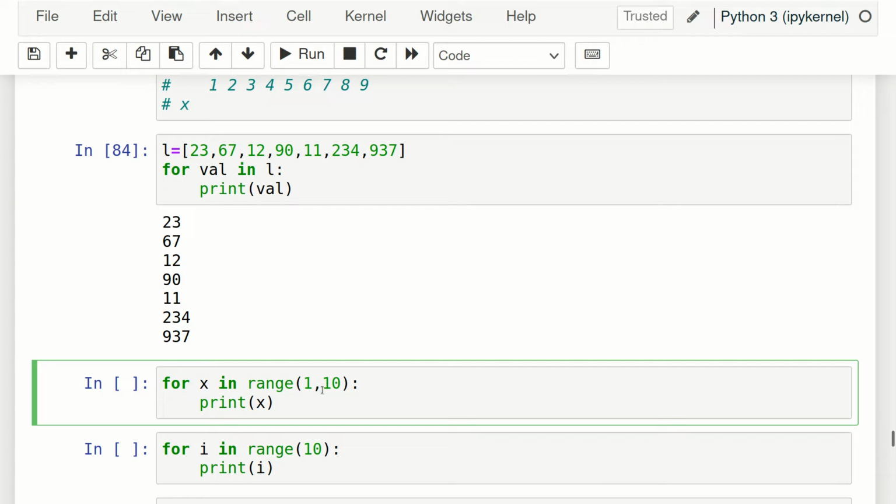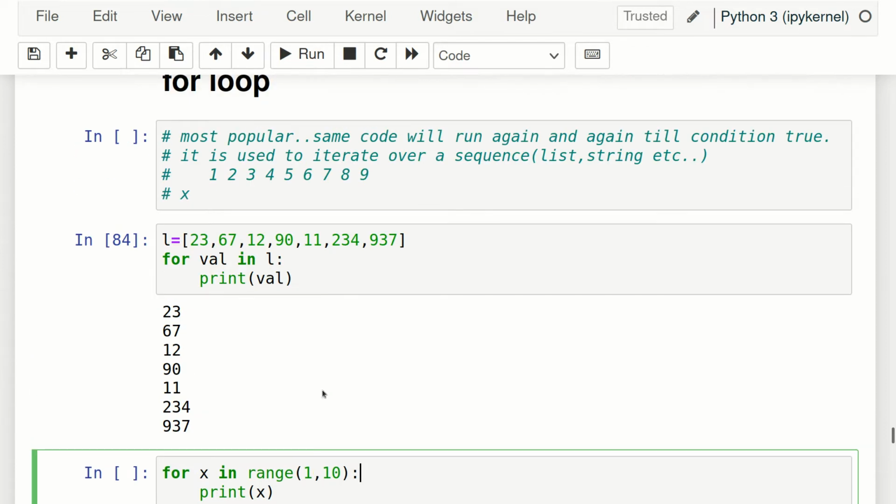It goes to 1, meaning the value of x will be 1, then 2, like this. Now if you remember in the list, the last index is not included. The same thing applies here. The last index is not included. So if I say 1 to 10, it will only go from 1 to 9.